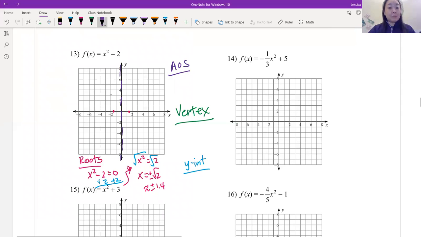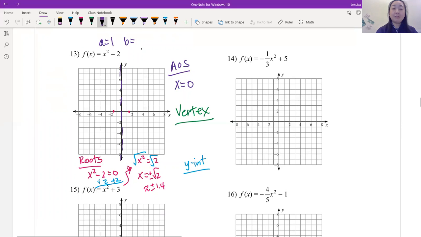Right? Because it should be symmetric. Even if I moved a little bit to the right, that's not symmetrical anymore. So our AOS is x equals 0. And if you wanted the algebraic version of that, remember our A is equal to 1, our B